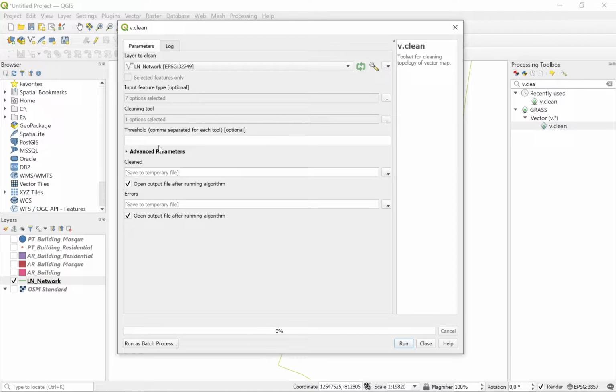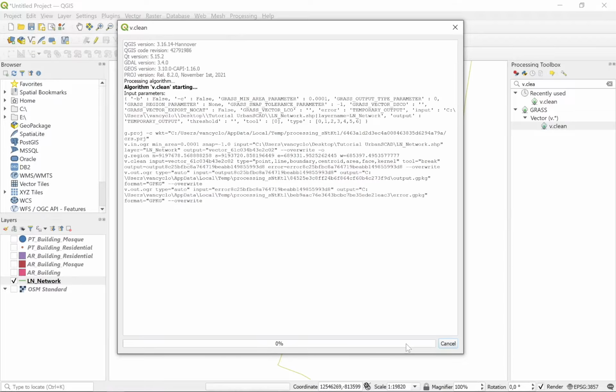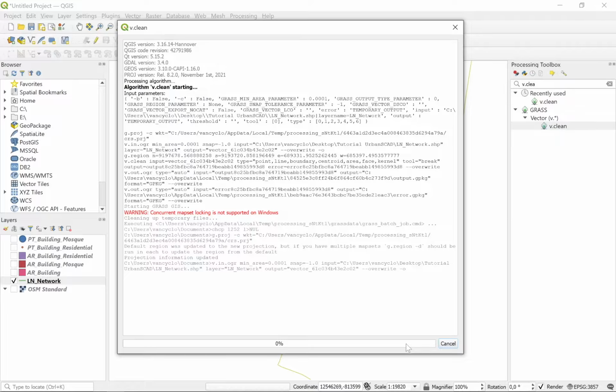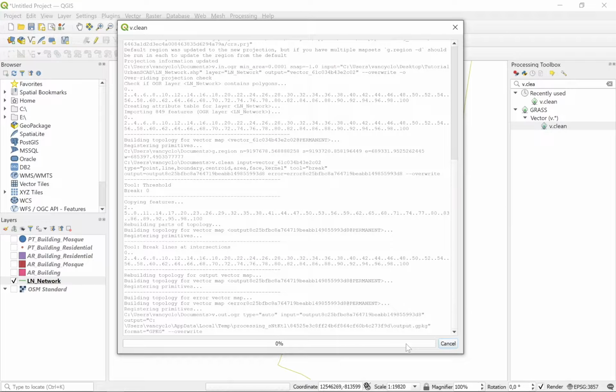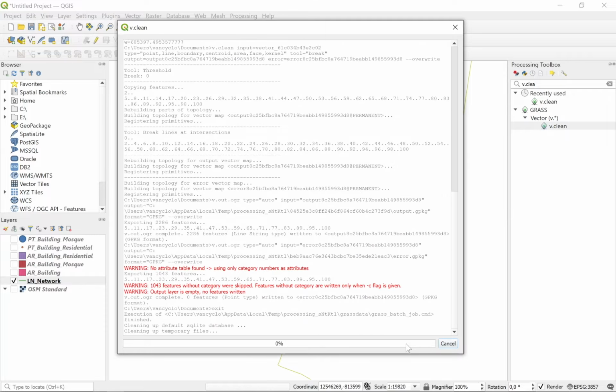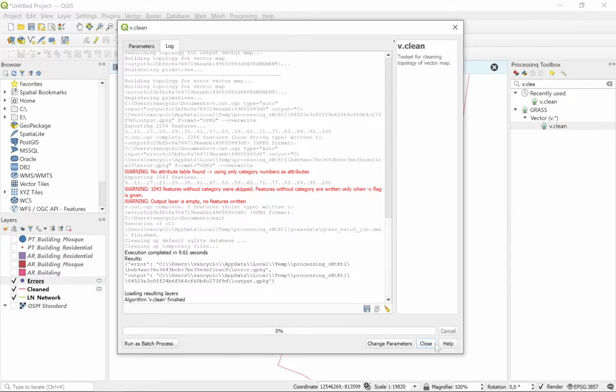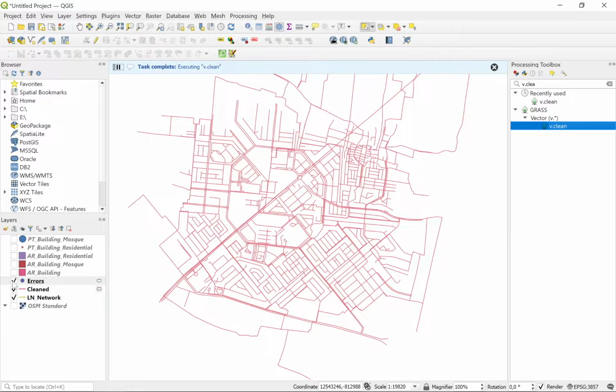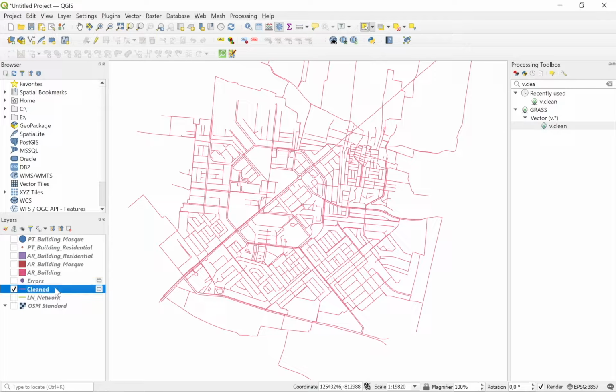We can skip this step and just run. Okay, it's done. We can close, and there are no errors, and this is the result, clean data.